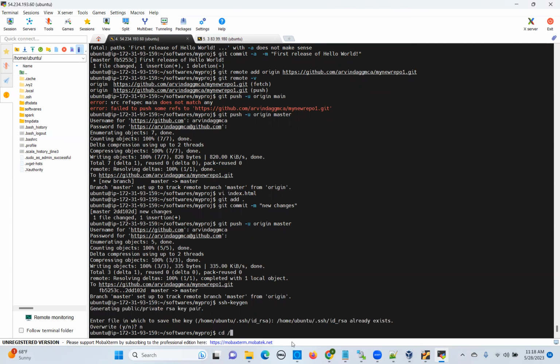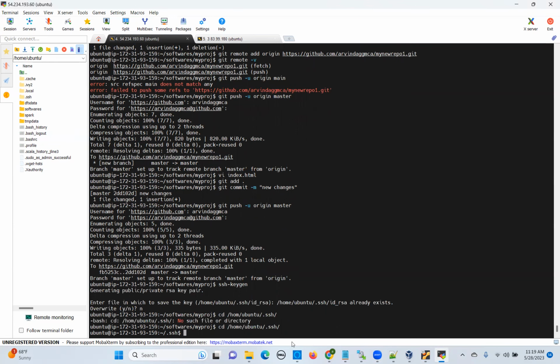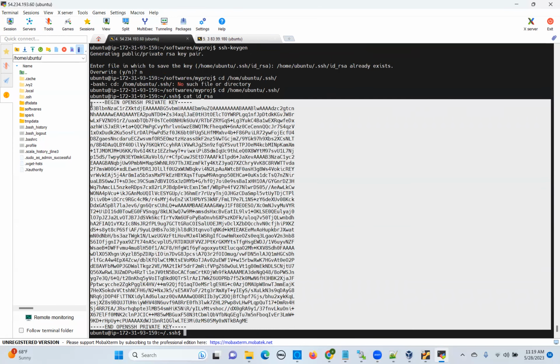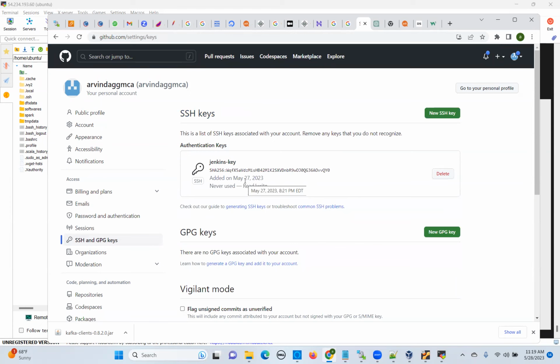If you go to cd /home/ubuntu/.ssh, you can do cat on this id_rsa. You have to copy the content of this entire file and paste it into the SSH key field here. You can give it some name and paste the key. Once this key is added here,